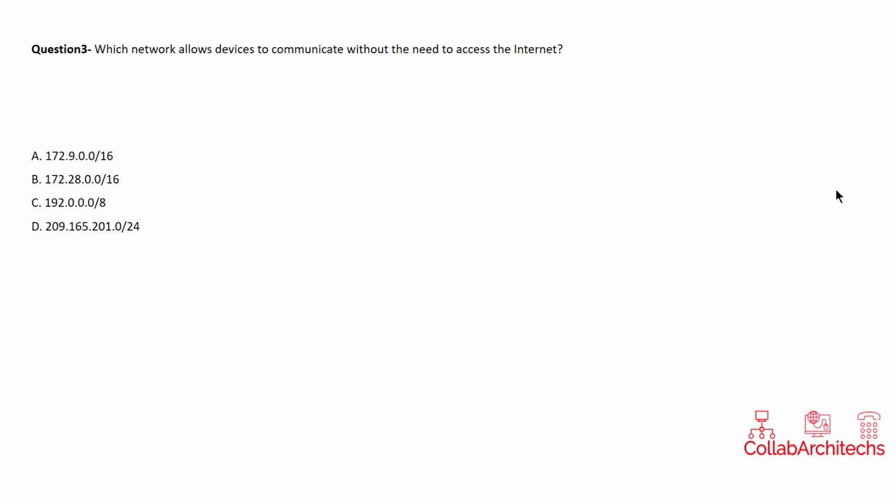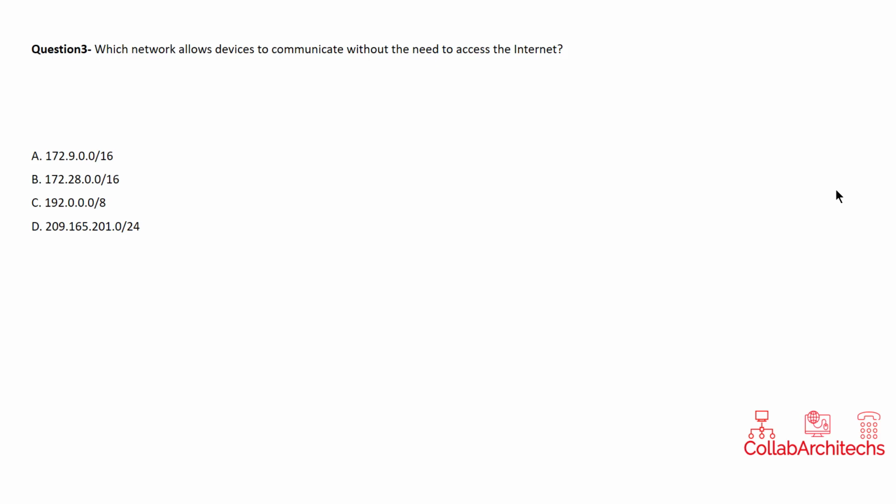Option A is 172.9.0.0/16. Option B is 172.28.0.0/16. Option C is 192.0.0.0/8. And option D is 209.165.201.0/24. So the question is asking, if you want to communicate between devices using any of these network addresses,